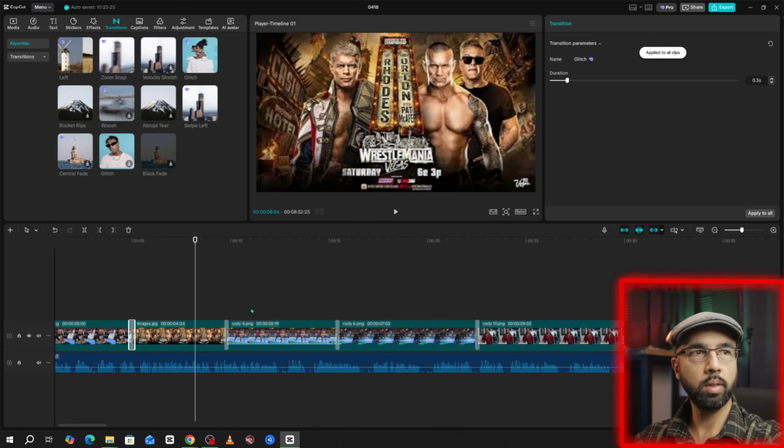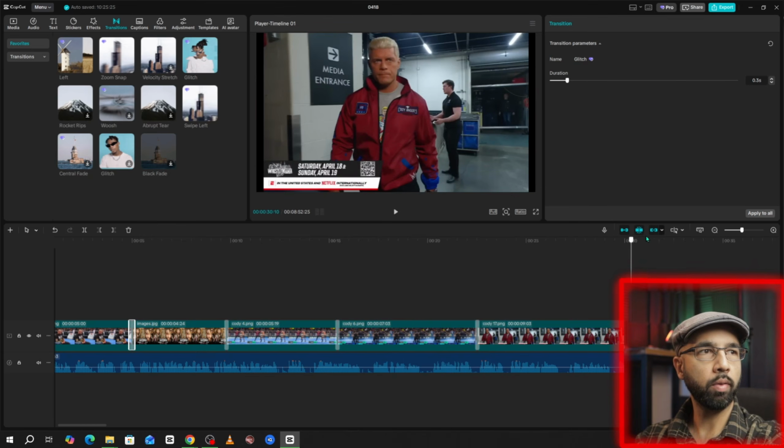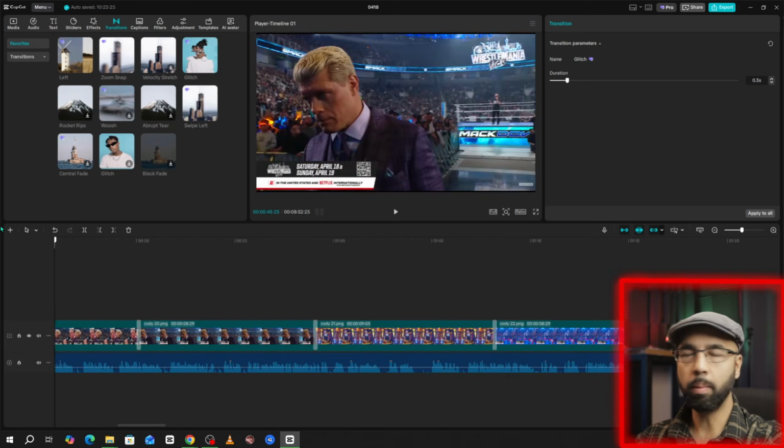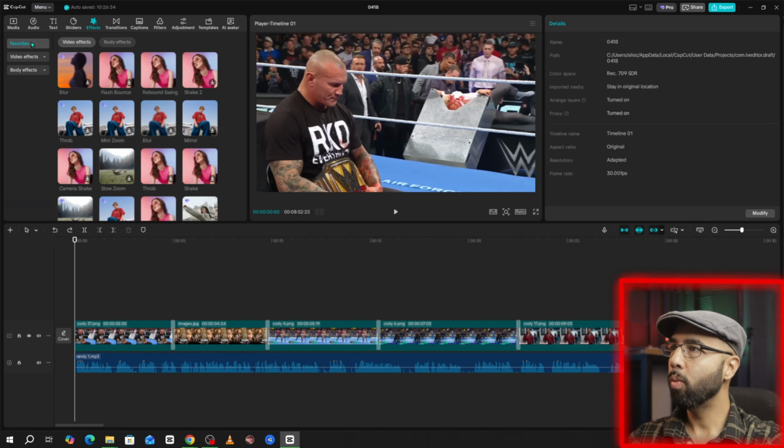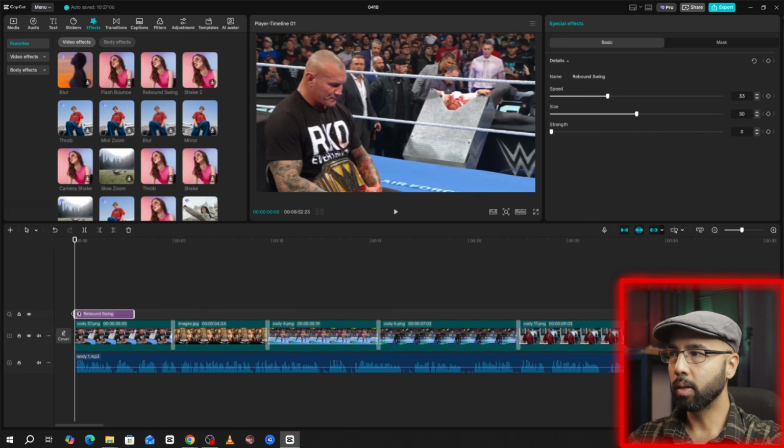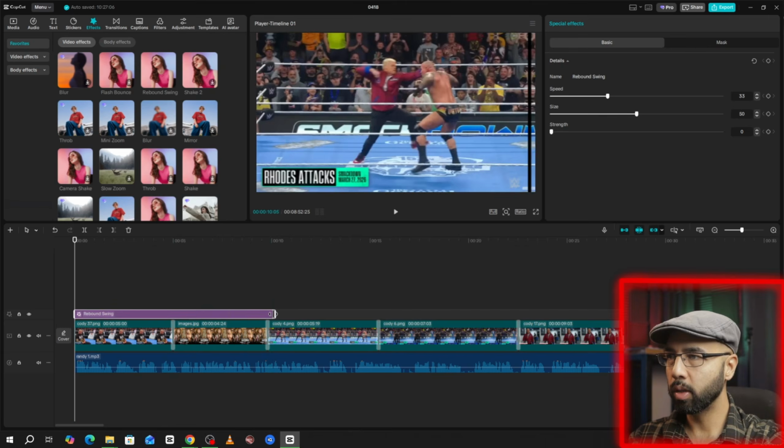So now, as you can see, it is in all of the different images, or at least at the ending of all of them. Now I'm going to add an effect. I have one here saved in my favorites, rebound swing. It's a little bit of movement, but I don't want to take this and drop it into just each of the clips individually. So what I'm doing is dropping it on the top here on the timeline, dragging it across,